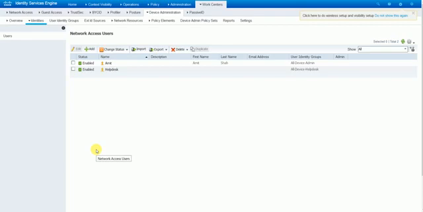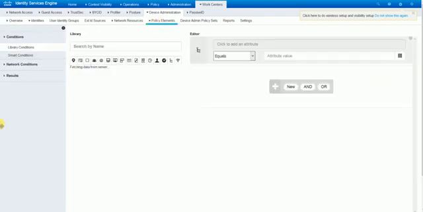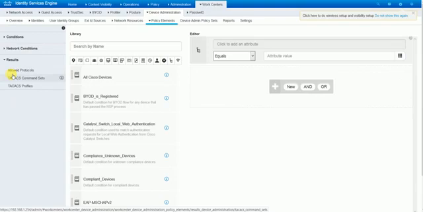So now I have already done the configuration. Now what you can do, you can just go to the policy elements. In policy elements you can go here and you can see TACACS command sets.